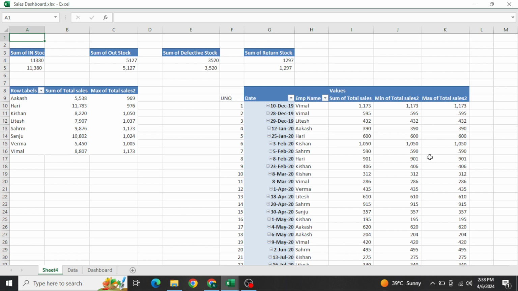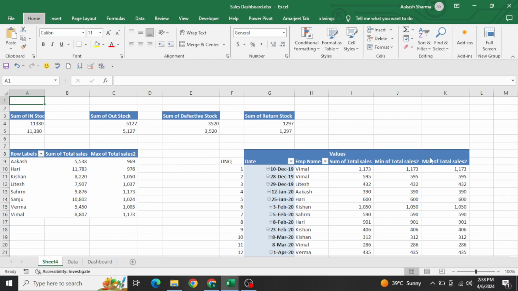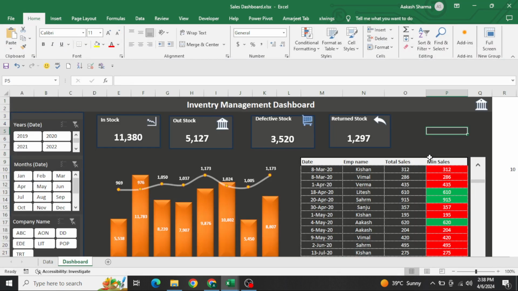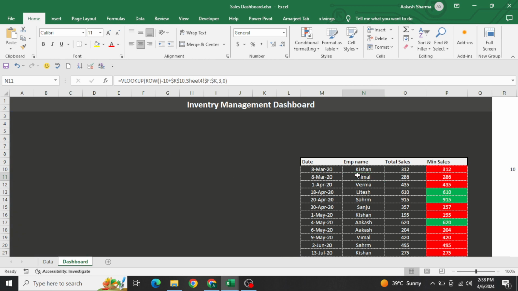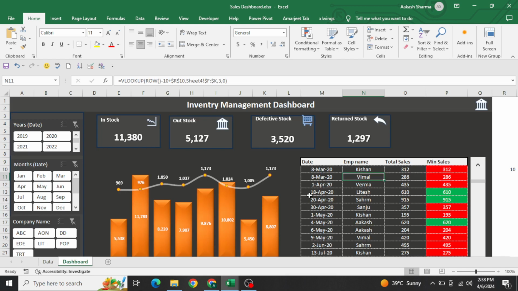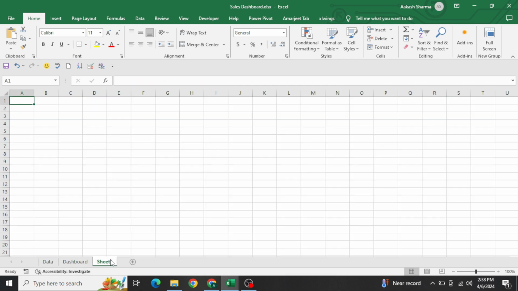So I'm just hiding this sheet. All right, and this dashboard as well. Dashboard I am just keeping so that we can pick these icons from this sheet. All right, so this is the dashboard. And we will create the dashboard from the starting in this sheet, dashboard